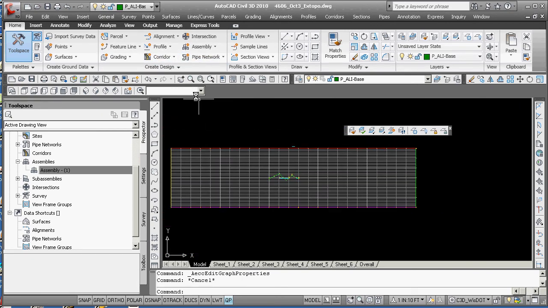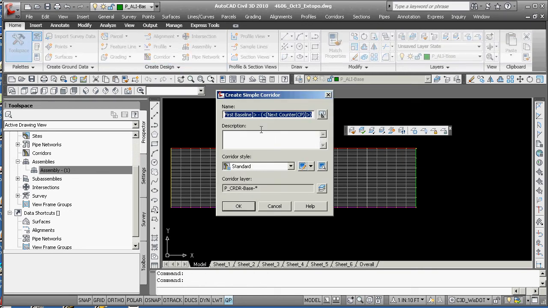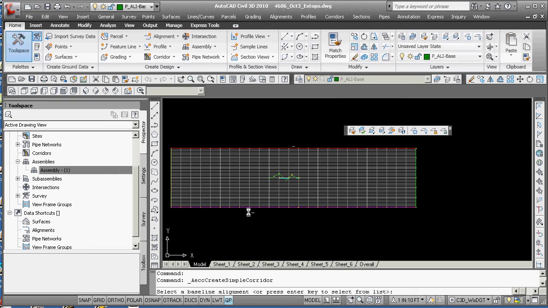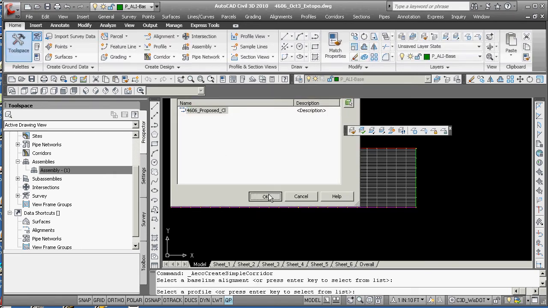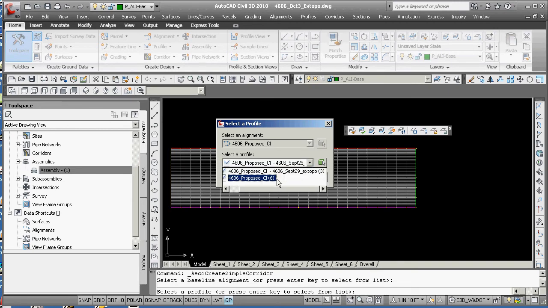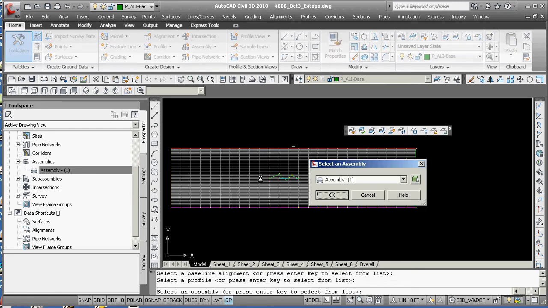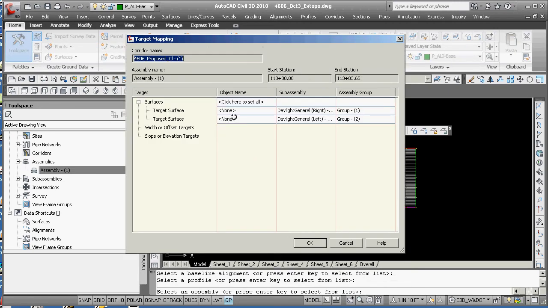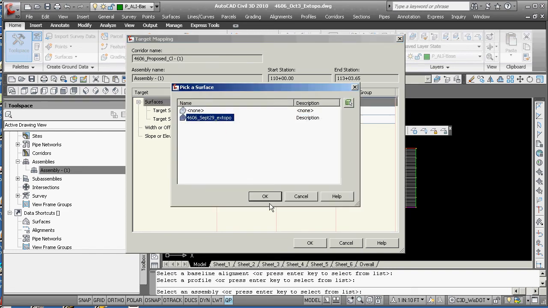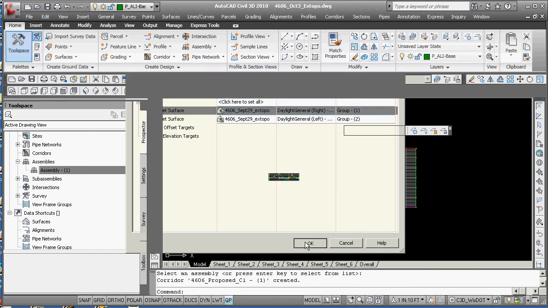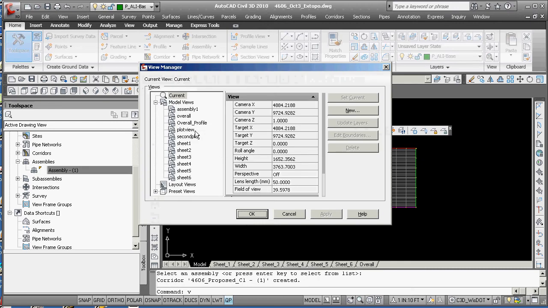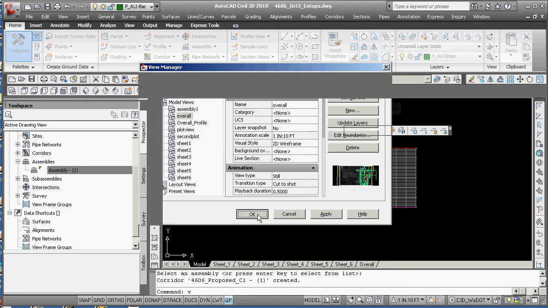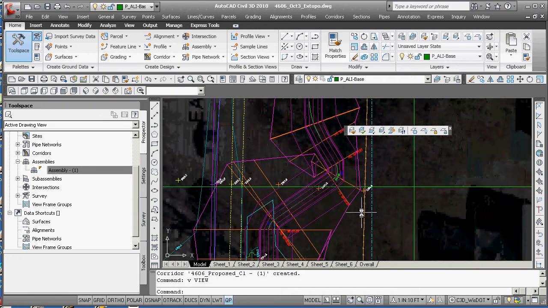to go ahead and make a corridor, create a simple corridor. You're going to go through here. You're going to hit a space bar and select from your list. Hit a space bar, grab the proposed, not the existing, and then hit a space bar, hit the assembly. Grab the target surface, you've only got one, hit OK, and then go V for view, go back to overall, set current, OK. Right now you see it tried to do something, it had a lot of overlap, but that